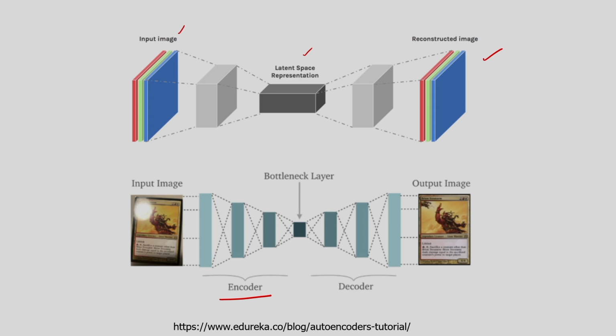So that means in an autoencoder I have an input layer, I have a bottleneck layer, that is nothing but the hidden layer, and after this I have the output layer. So mainly I am considering three layers: the first one is the input layer, after this the bottleneck layer, and after this the output layer. So it has an encoder and a decoder.